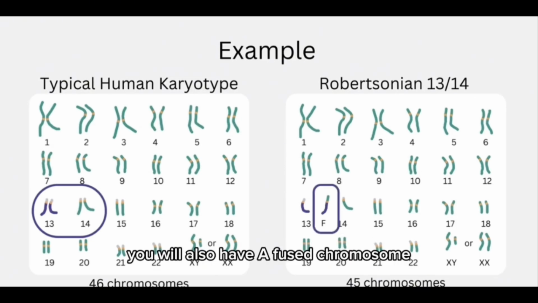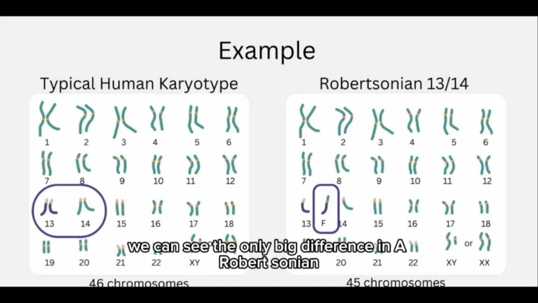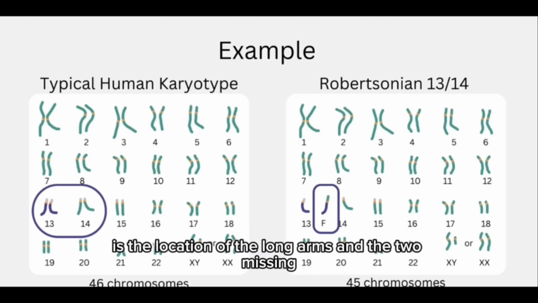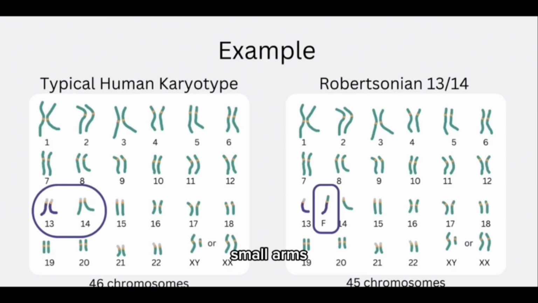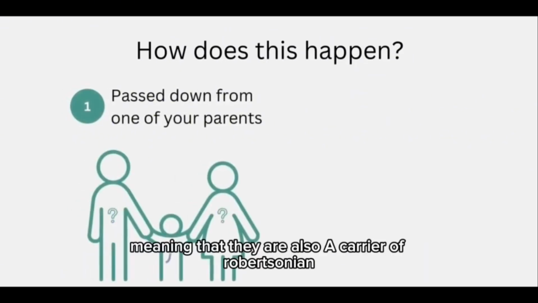You will also have a fused chromosome, which is the long arm of 13 fused to the long arm of 14. When looking at the difference, we can see the only big difference in a Robertsonian translocation is the location of the long arms and the 2 missing small arms. How does this happen? This could be passed down from one of your parents, meaning that they are also a carrier of a Robertsonian translocation,